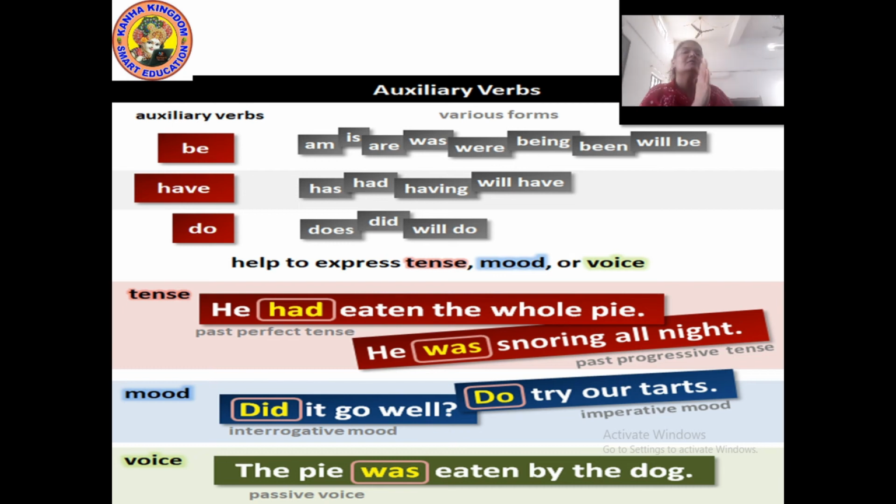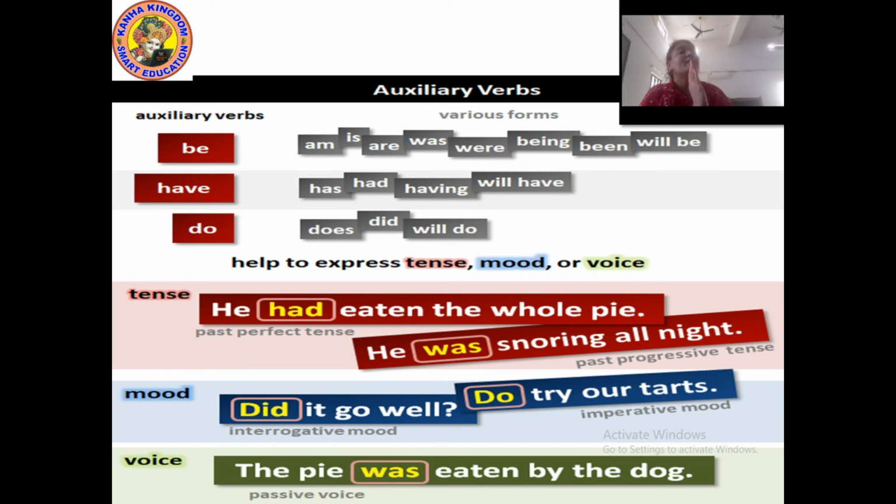Okay, by adding the ing to the main verb, it automatically says that it is in a continuous form. But which continuous form? By the auxiliary verb was. Was is used in past tense. So by the auxiliary verb was, we can immediately understand that the sentence is in the past progressive tense. The sentence is in the past tense, which can be understood by the verb was, and it is in a continuous form, which can be understood by the main verb plus ing, that is snoring.